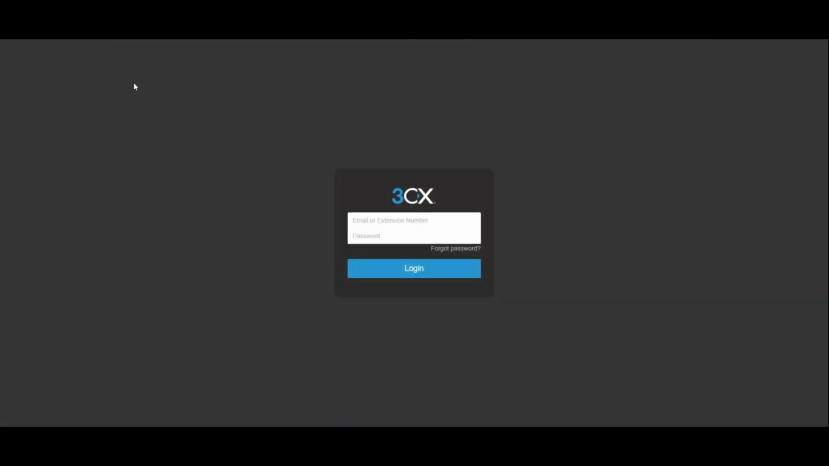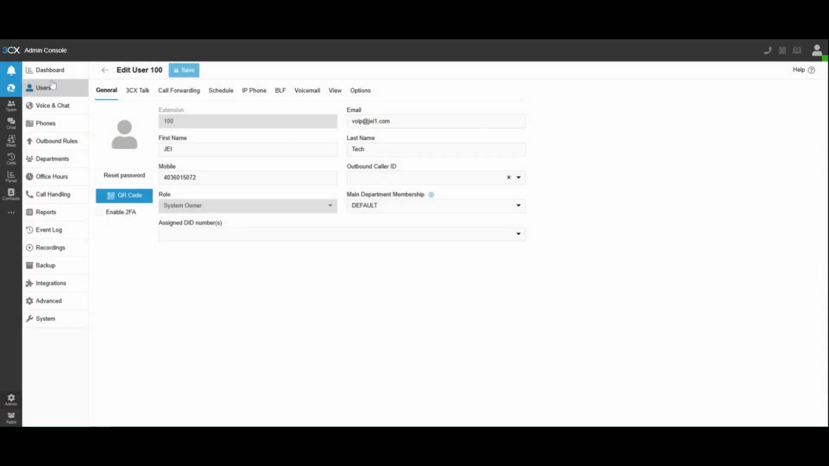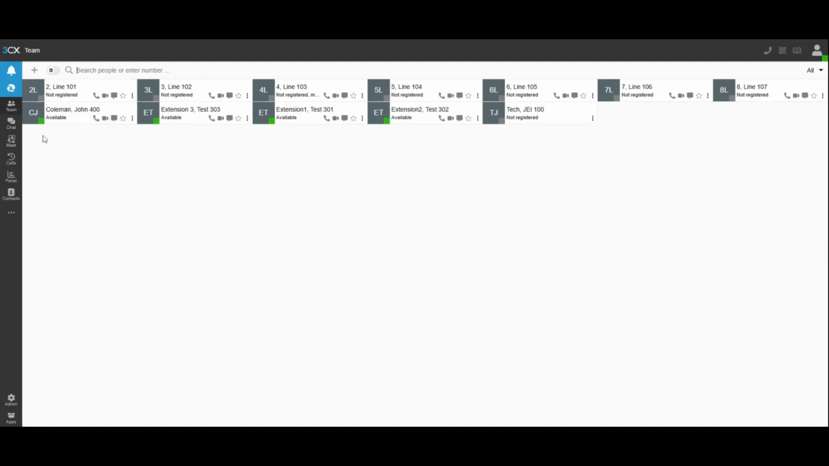So once you have navigated to 3CX using the URL in the welcome email or provided to you by JEI Tech, you can then log in. And once we are logged in, we are going to typically get to the team dashboard where you can see everybody on your system. As you can see, this is our testing system that we'll be using for the demo today. We can see some of the extensions that are available and on, some of the ones that are not registered. If one of those people were to pick up a call, it would show them on the phone,